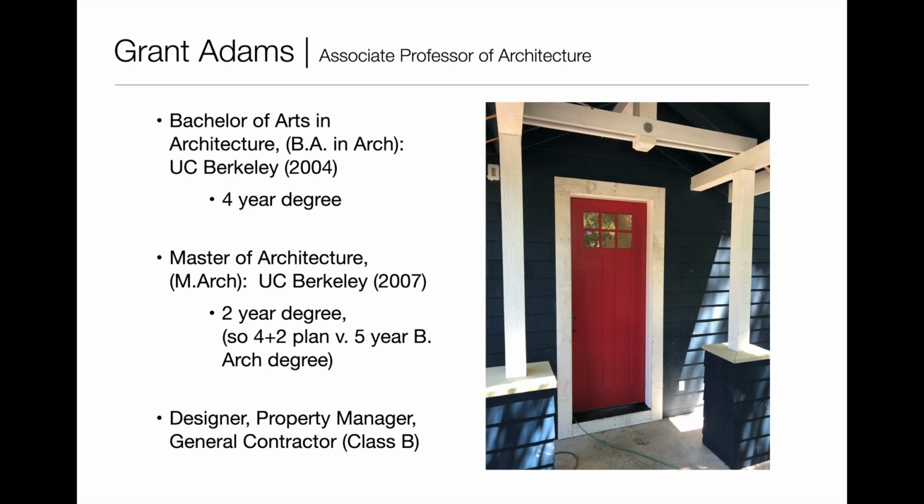If you went to Cal Poly, for example, you'd be on a 5-year accredited program, which would be a Bachelor of Architecture degree. That would be your undergraduate degree, and you would couple it together with 1 year of a master's degree, and you'd end up with 6 years total to get your master's degree. So it ends up being the same amount of time. It's just a little bit different route going through it. If it's something you're interested in, by all means, we can talk about it during office hours. I'm happy to give you my opinions on how it all sets up.